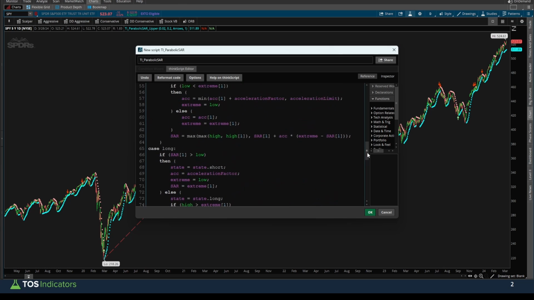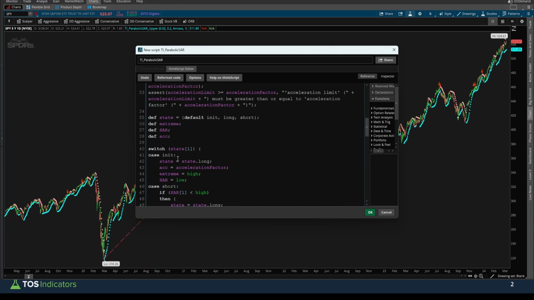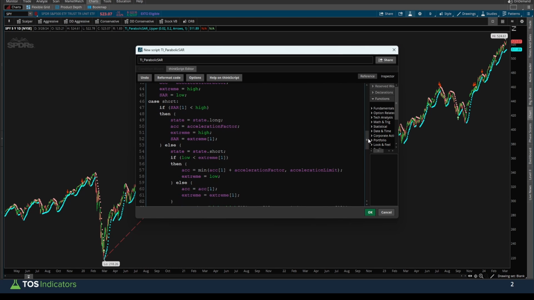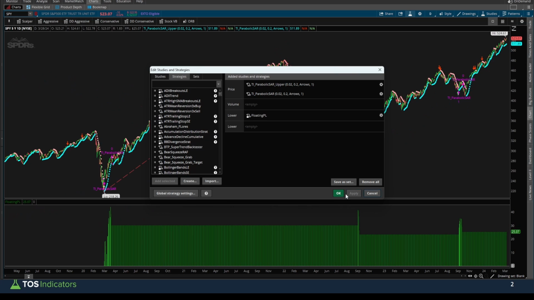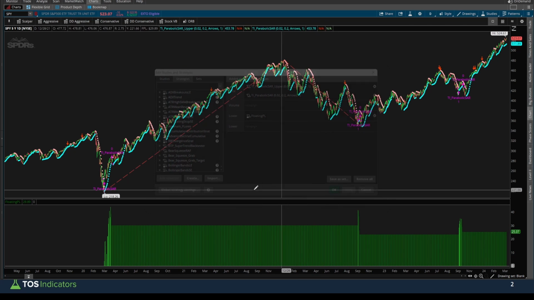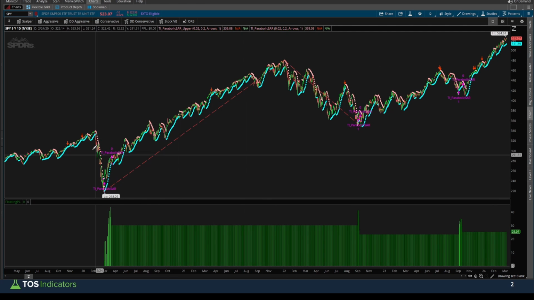What we're checking is, if you remember from part 1 where we took a look at all of these states, if we're looking at a buy side condition, then we're going to get out as soon as we've now entered a short side state. That's what this is doing. We're saying, hey, our current state is short, and on the previous bar, our state was not short, meaning our state was long. I'll click OK here, apply, and now we can see our buy side orders are already plotting